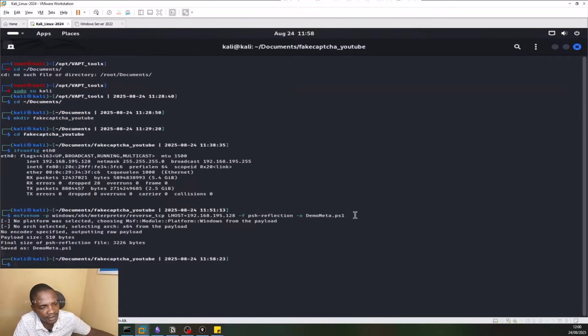Yeah, we have it. Normally, before now, there is nothing inside this YouTube folder. So I'm going to do ls now. Okay, sorry, I have put the HTML file that we are going to be using, and this is the script that we just generated. So this is the HTML